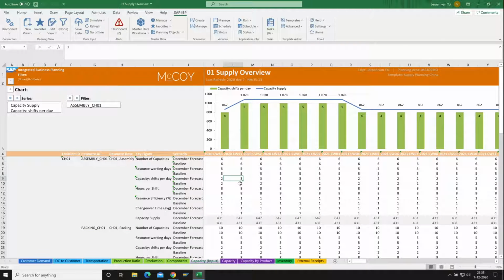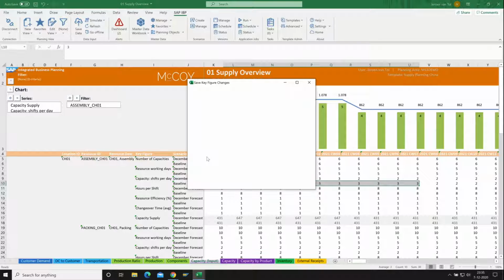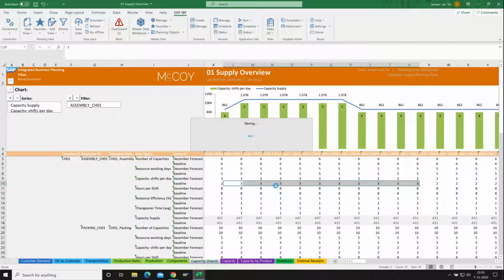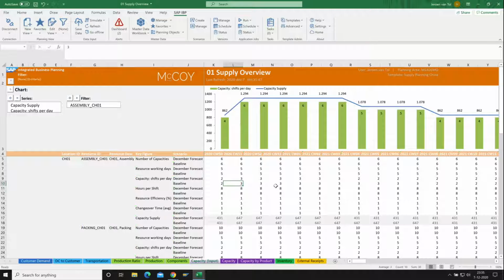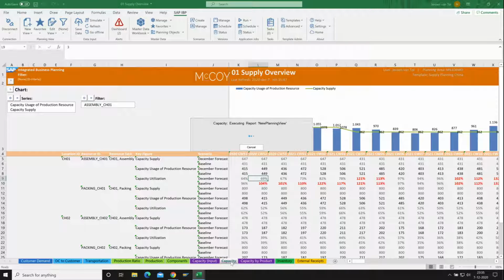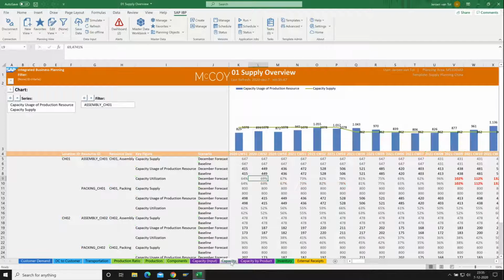In this case, I see that this balancing is working. So I'm deciding to move and also include the additional shift in the real baseline version. And this means at this moment, if I save the data, all this data is now visible for everybody who is using this baseline version. So that again gave me the opportunity to simulate, but afterwards to make sure that I can promote this simulation and also perform the capacity leveling I just tried in my baseline version.